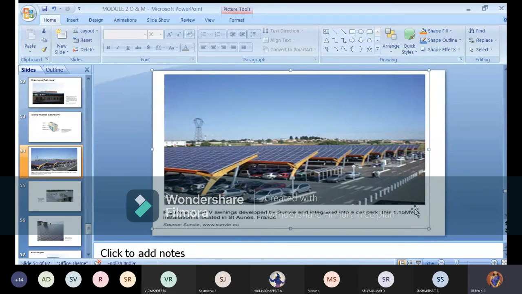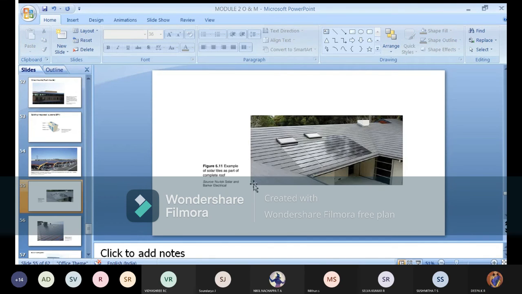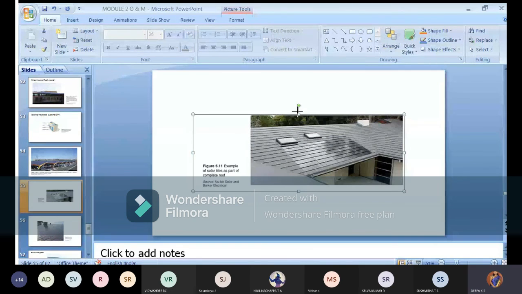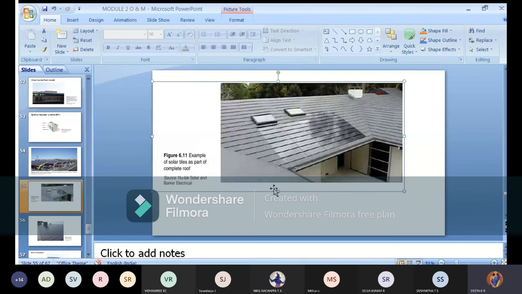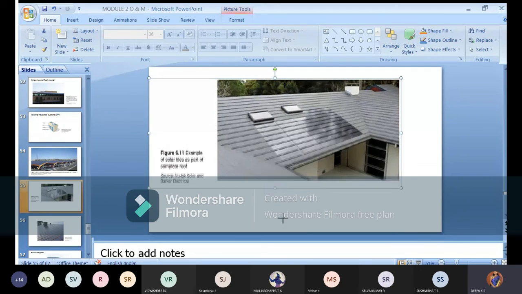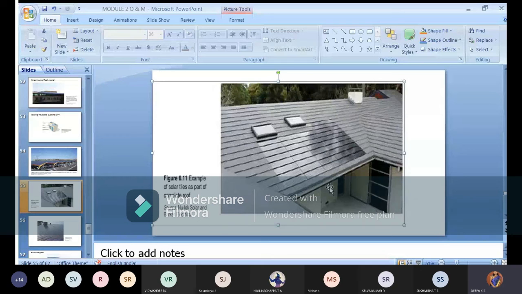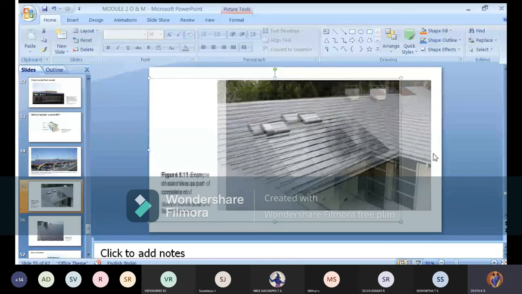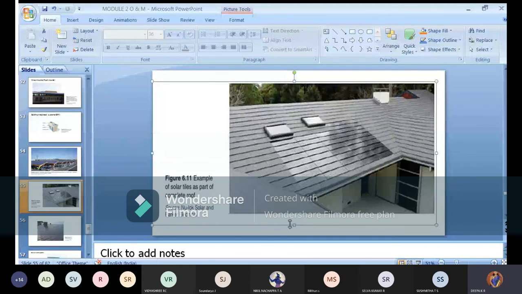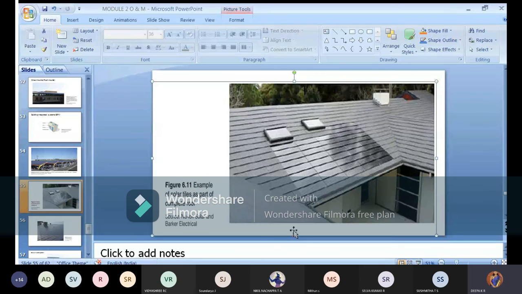Okay. And sometimes instead of this kind, one more type is also used in building integrated systems. I'll just show you the picture. Yeah, this one. This is also one of the good examples of a building integrated system. So this person has not used the tile at all. So tiles have only been replaced. So you see, the example is given: solar tiles as a part of a complete roof. So it is not invested for the roof at all. The complete outside or mounting system has been done by using the solar tiles.